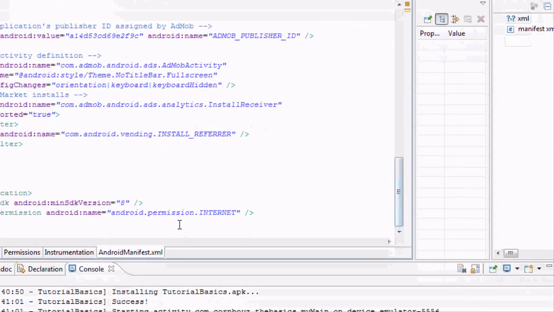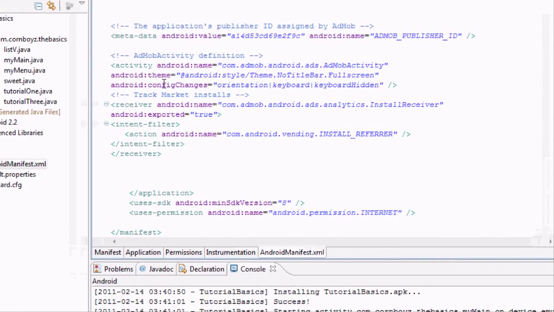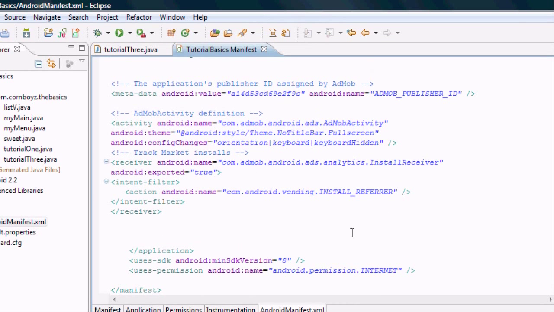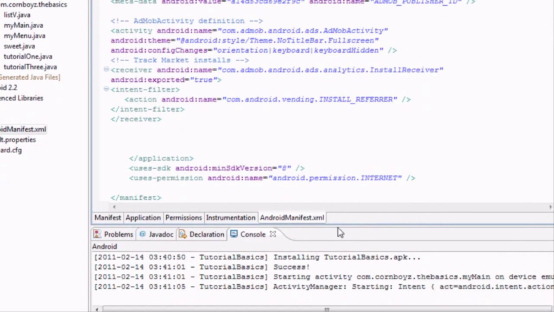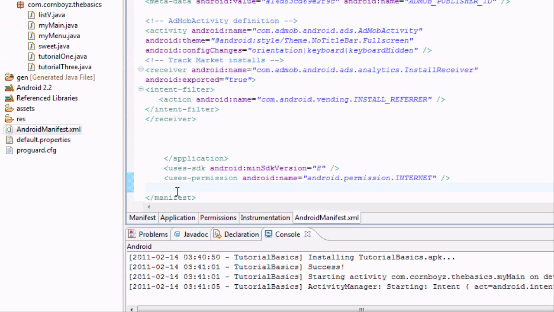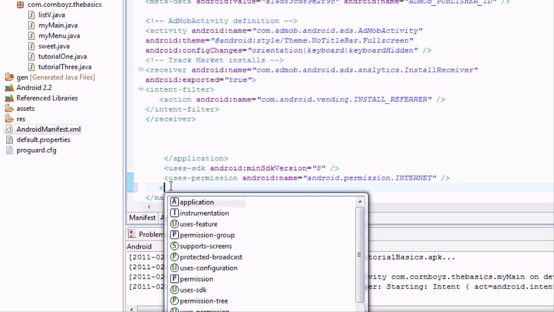So just scroll all the way down to the bottom, and I have some extra stuff that you guys won't have because I was thinking about putting this on the marketplace and I had AdSense, whatever, or AdMob. And this is where you're going to put your permission. Right above the closing tag of the manifest. So right above that, we're going to say uses permission